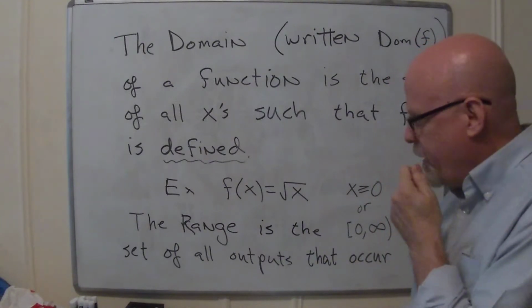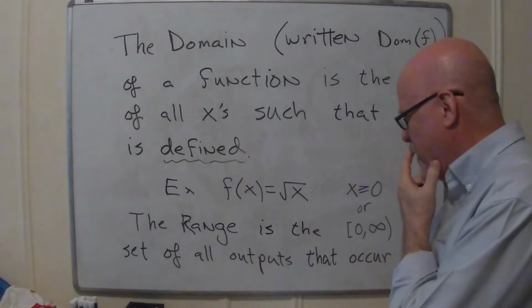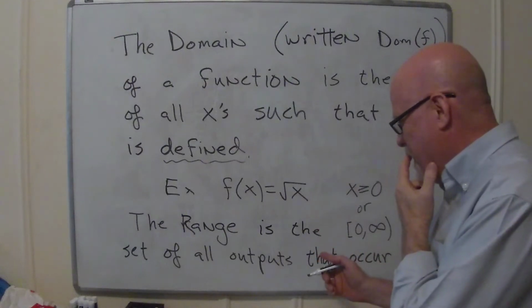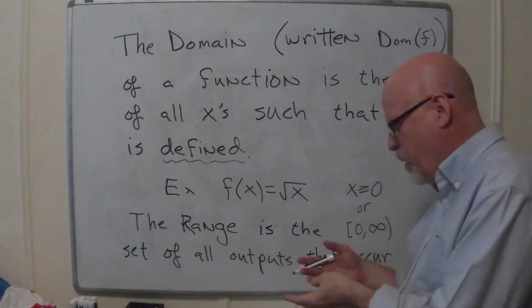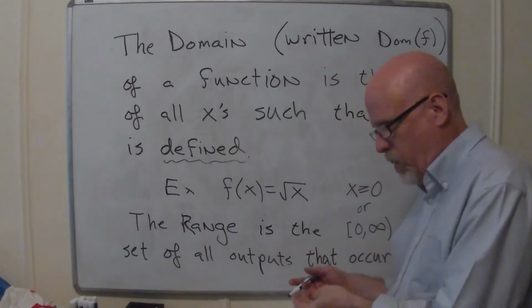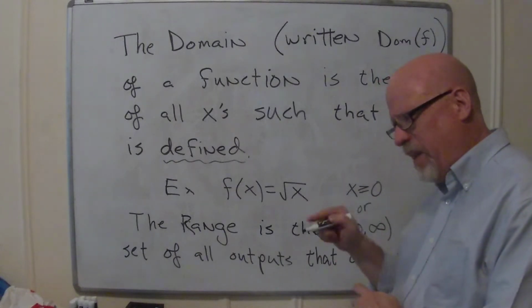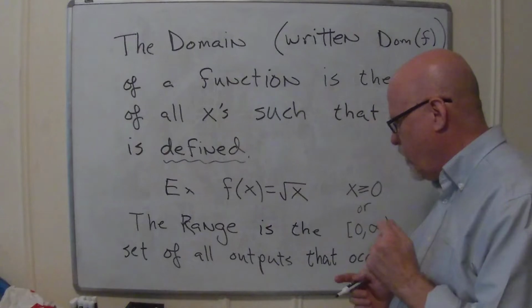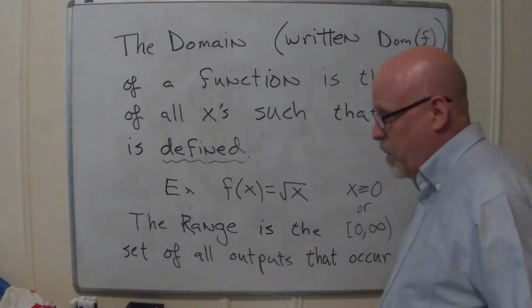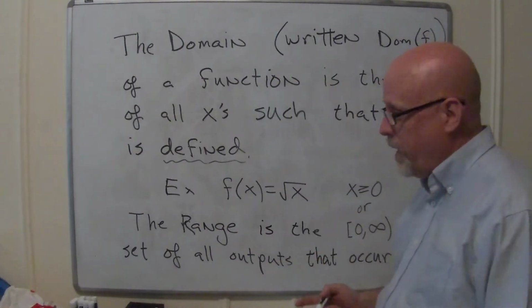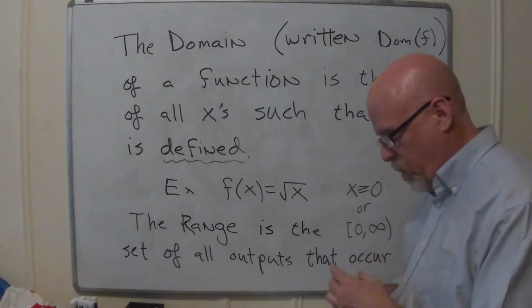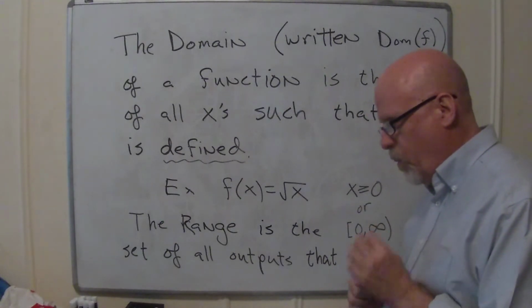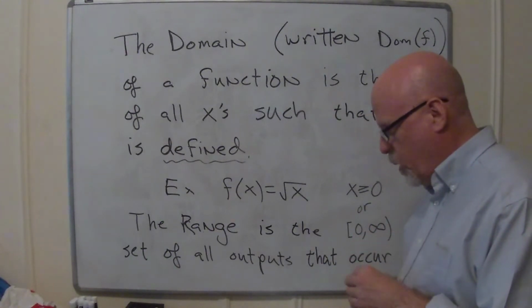There's another idea about the range, that maybe you should look at the potential outputs, the places that the function was aiming at, right? But that's not what the range literally means. You might say all real numbers all the time if you just meant where you think your outputs are going to lie. But we want the outputs that literally do occur.